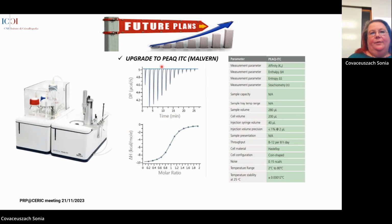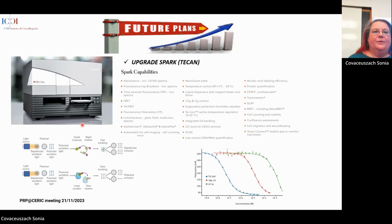Then we are also going to upgrade our old microcalorimeter with a new one that allows automatic robotic cleaning of the cells. And we are also going to upgrade our plate reader in order to be able to perform fluorescence anisotropy experiments to get the KD in a quite easy way, and